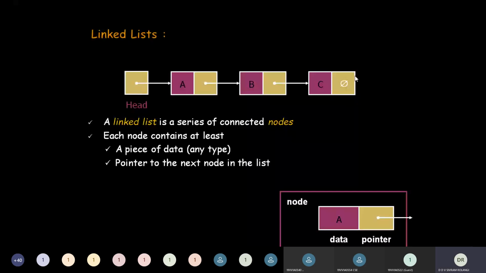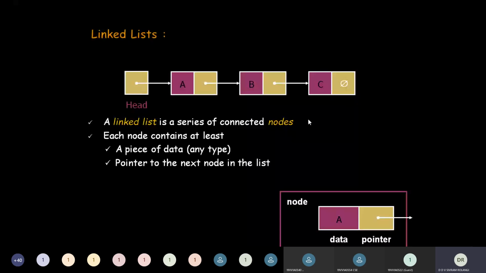Similarly, the last node's next is a null pointer. The last node will take one more pointer called tail. This tail pointer holds the address of the last node. By using these head and tail nodes, we can easily perform some of the operations, and it gives more comfort or more flexibility.